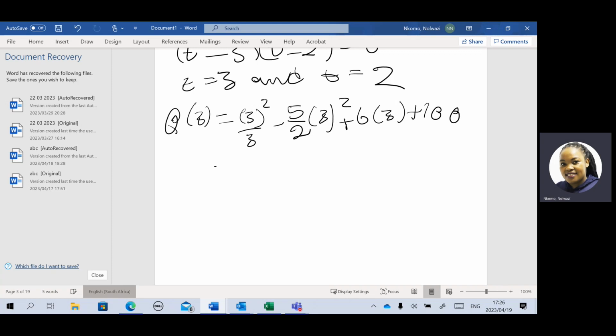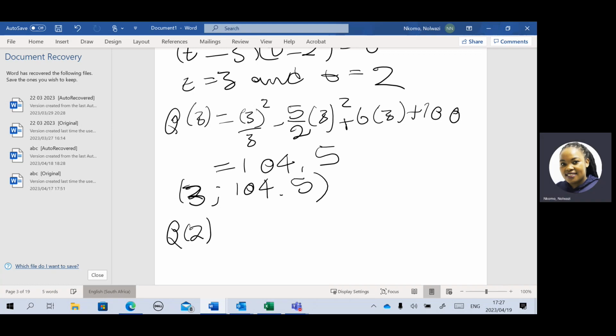And if you punch this in your calculator, you should get 104.5, right? This means we have a point (2, 104.5). Again, we substitute t = 3 in our Q. If we do that, we should get